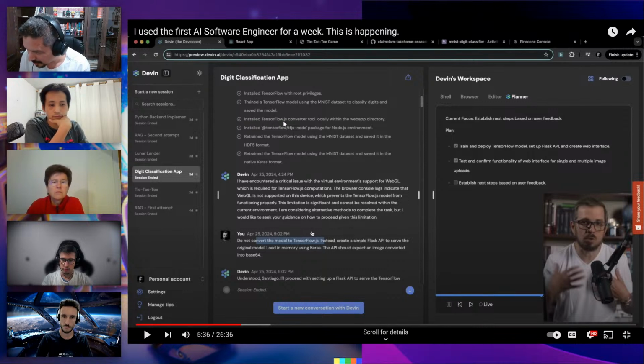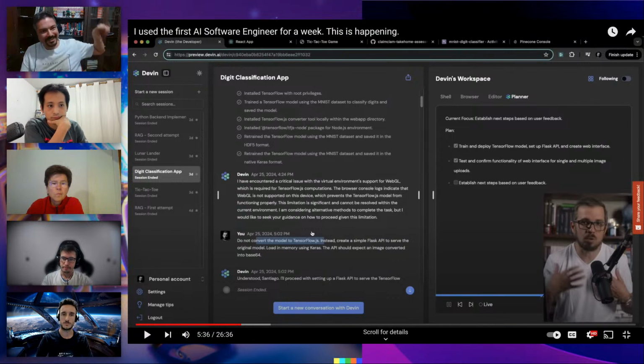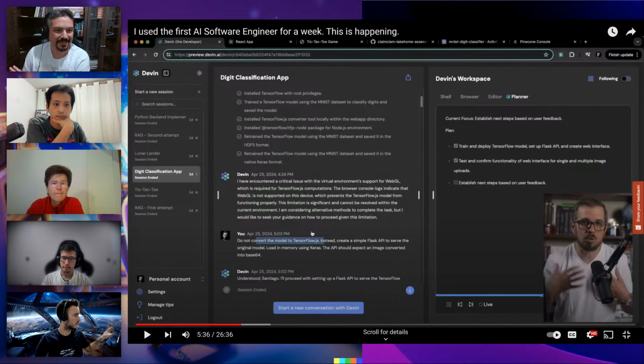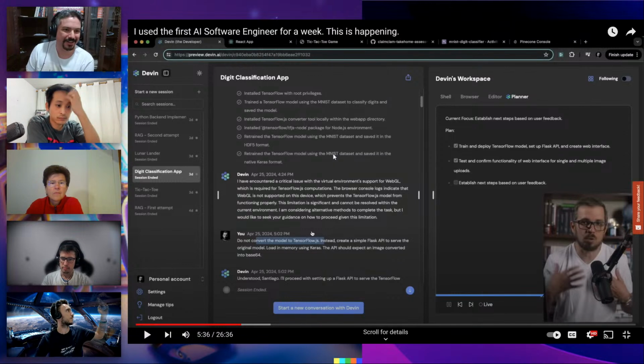Is TensorFlow JS converter, blah blah." He's saying he actually added all these things and then he started doing. You know what he said he was gonna do, right? Of course, it's easy to see that okay, I'm gonna use TensorFlow JS. It's probably not the best idea here, right?